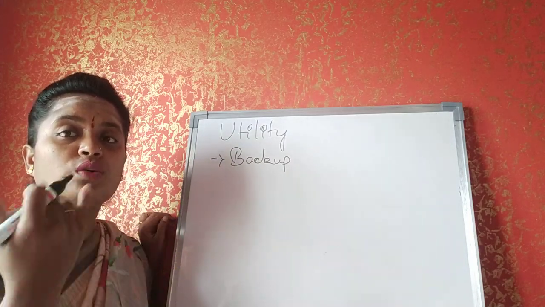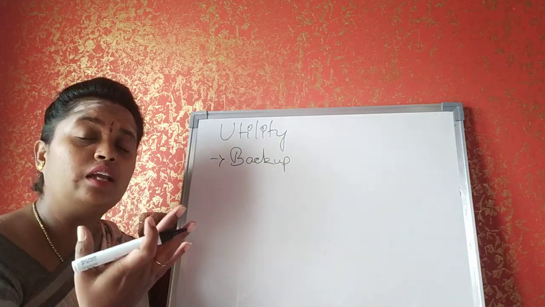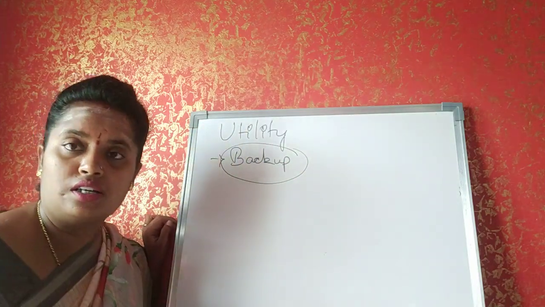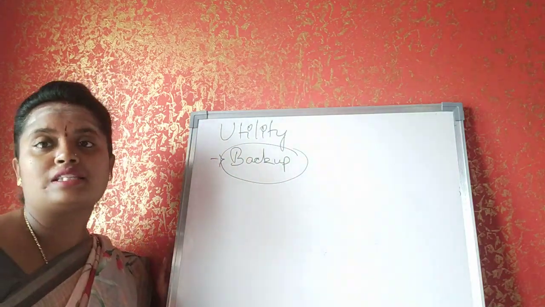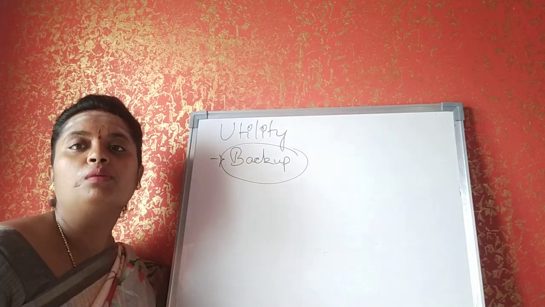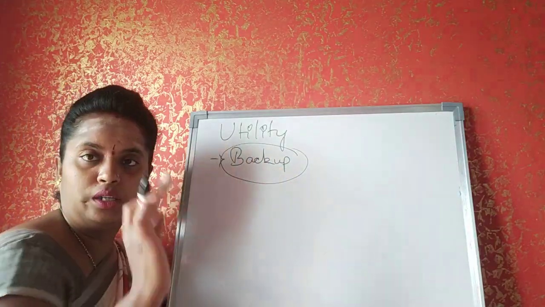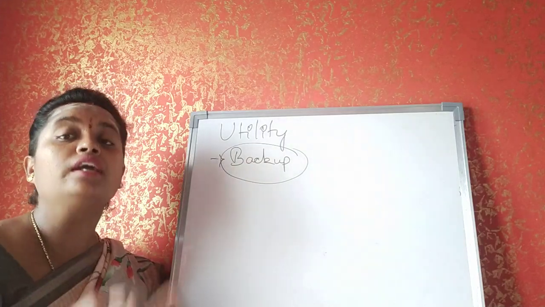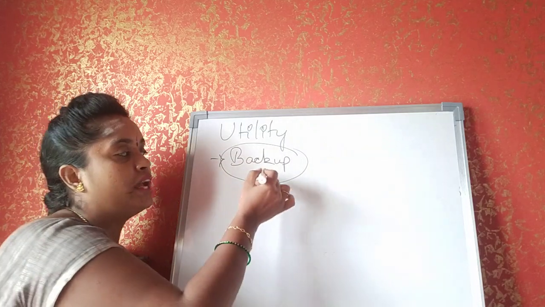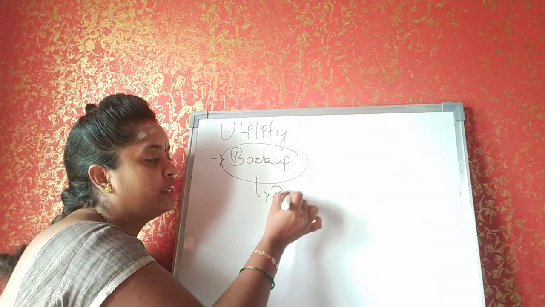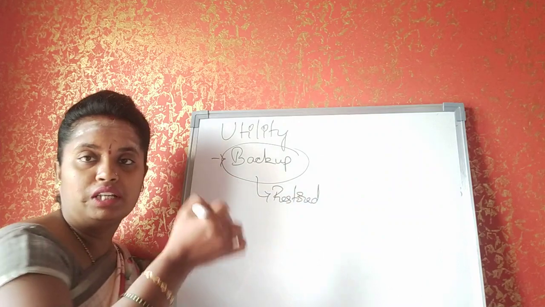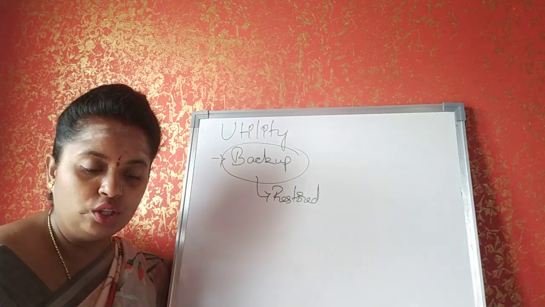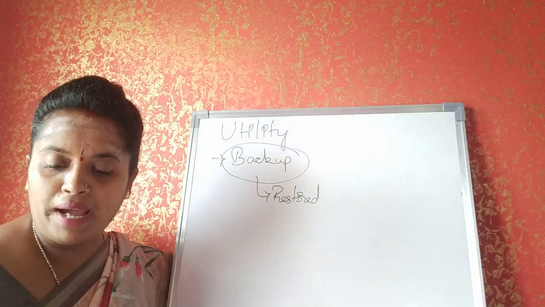And if you want to restore it, even if you delete it from the recycle bin, you can go to the backup utility. Right click on your system, go to properties or settings, mainly settings. In that you will have a software by the name backup utility. Once you click on that, if you know the file name, you can click on the file name and that can be restored. By mistake, if you have deleted that file, that can be restored. That's the usage of the backup utility.